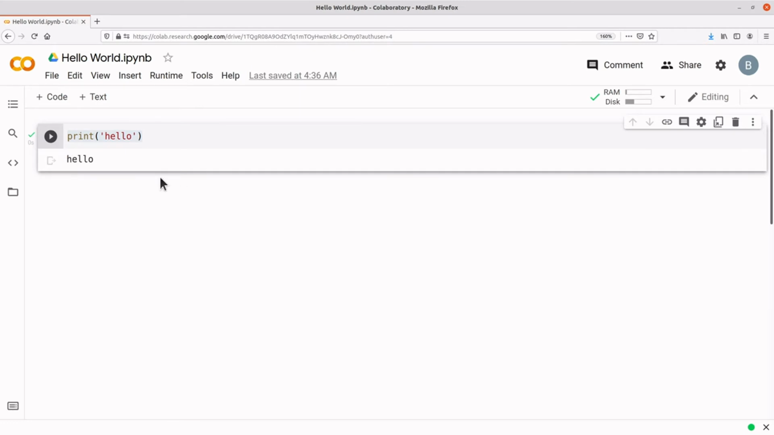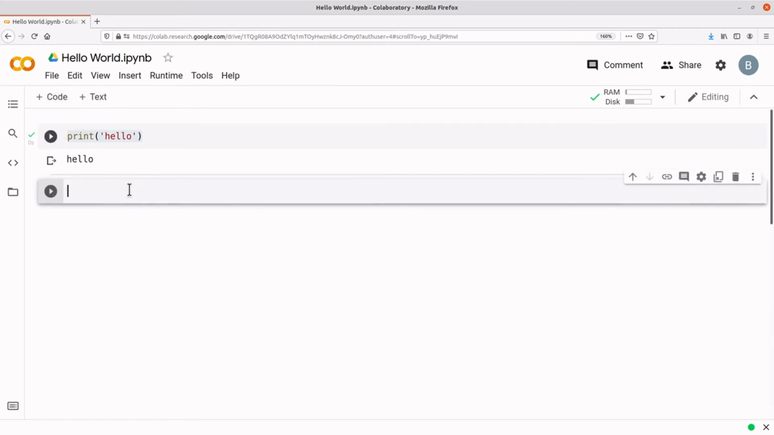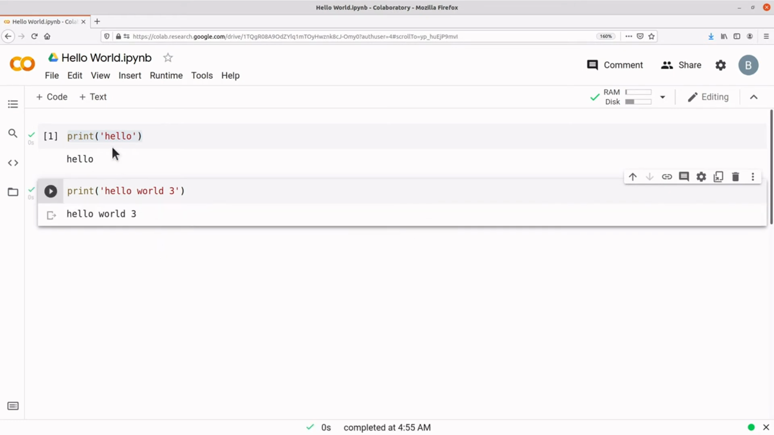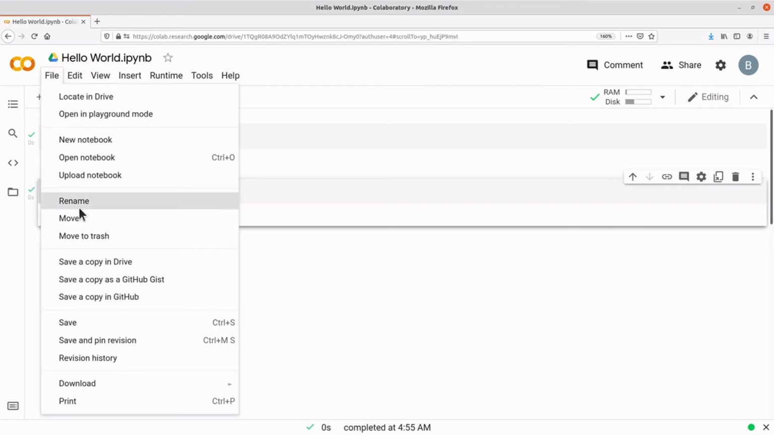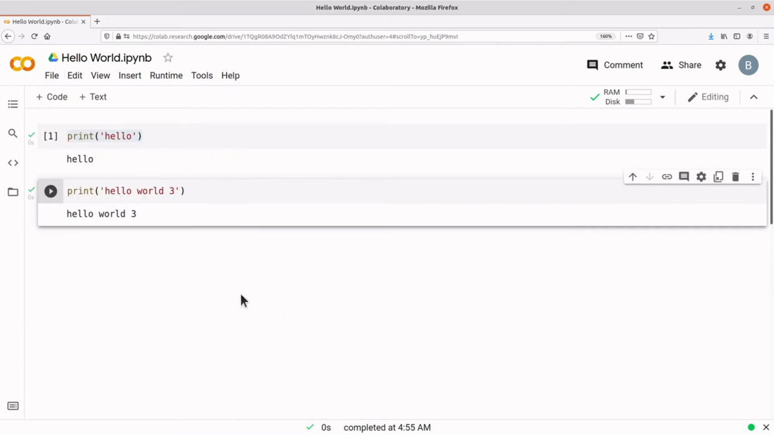So here you can add code. Let's see. Hello World 3 and you can print it there. Again, you can download it in your .py and then the .ipynb formats. So you have all these there for you to do. So there's another way you can run your Python codes using Google Colab. Let's look at the third one,